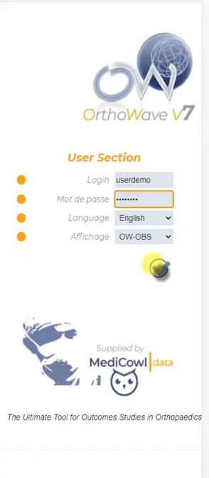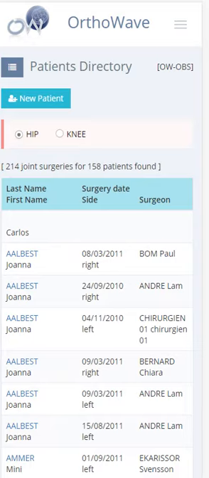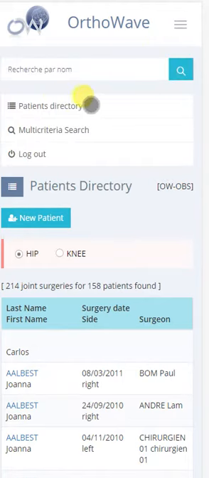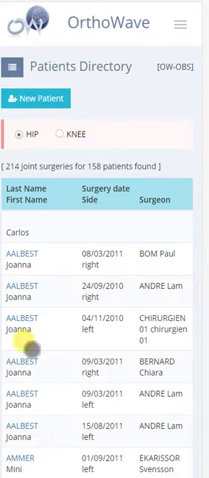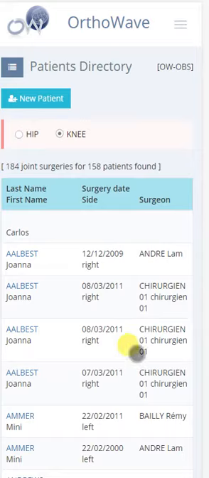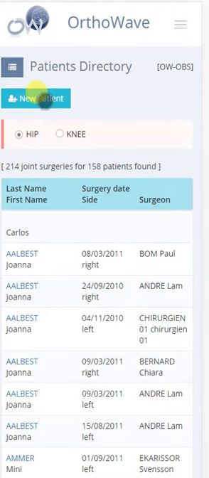And so here we are on the home page for this observational module. This page displays some interesting details about the menu bar, patient directory, multi-criteria search, logout. We can get the search by name, and the directory finally displays all the hips and all the knees from the entire database. If now we look at one particular patient,